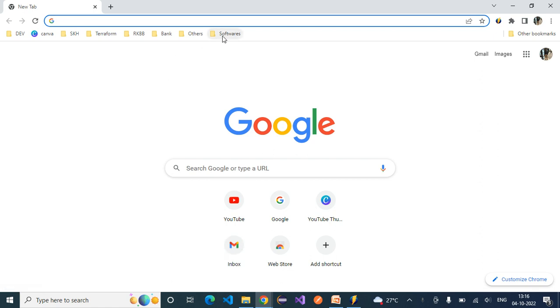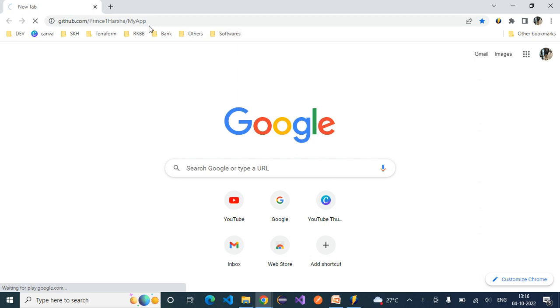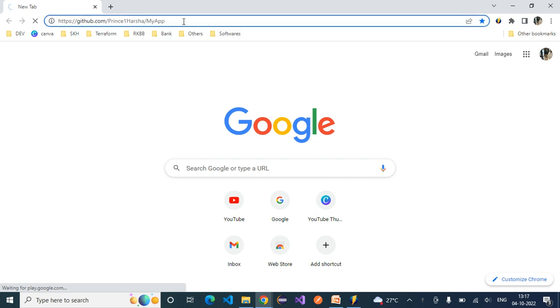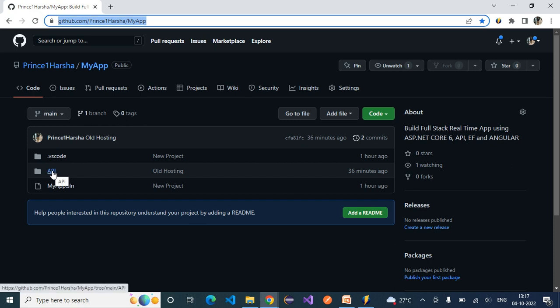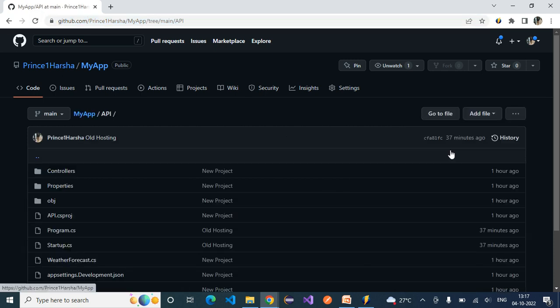I have this GitHub repository. You can access my GitHub repository using this link, that is slash prince1harsha slash my app. Here you can see this repository has been created on my GitHub page. Inside this page, we have this API folder, which we created in our previous session. Click on this API folder, and here you can see